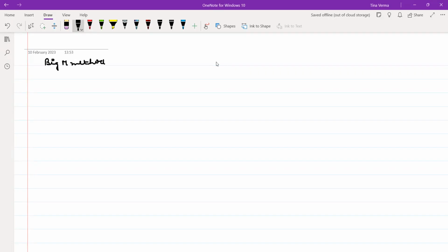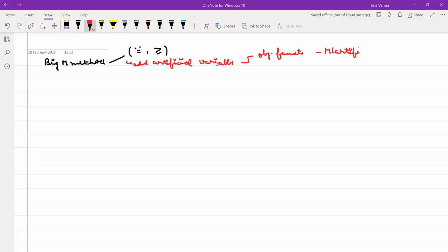This is the same as your simplex method, but the Big M method we apply when we have constraints of greater than or equal to. So when you have a constraint equal or greater than equal to, there you need to add your artificial variables. When you add artificial variables in the constraints, they should form your identity matrix. And what you do with that artificial variable in the objective function, you take minus M times your artificial variables